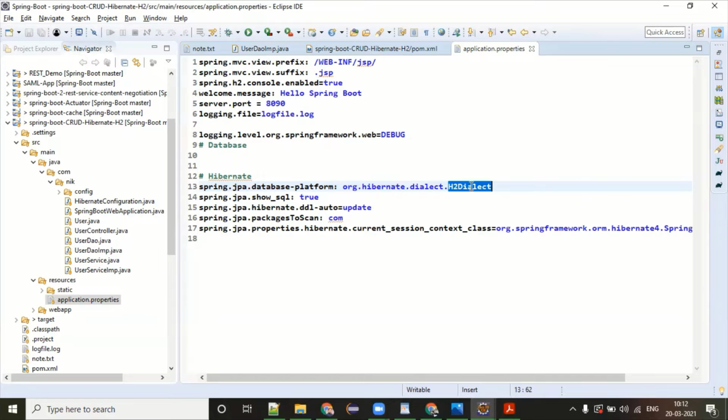For each database, just like a driver class, username and password, there is a dialect available for each and every database. And this dialect helps Hibernate to compose the query according to the syntax of that database. So the first and important thing in Hibernate you need to know is the dialect.